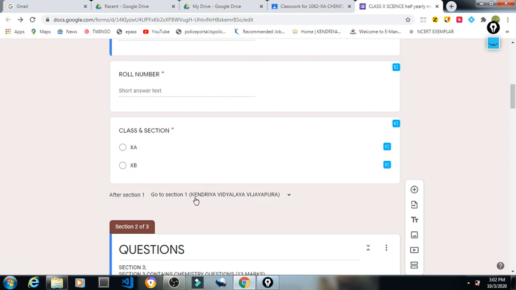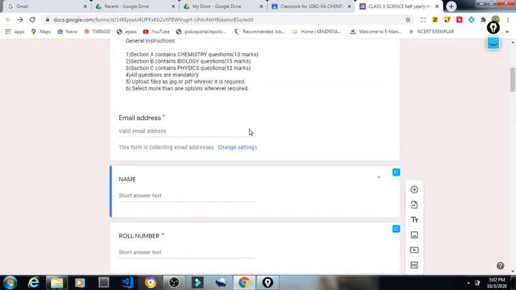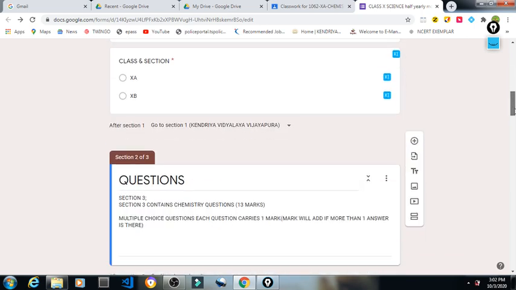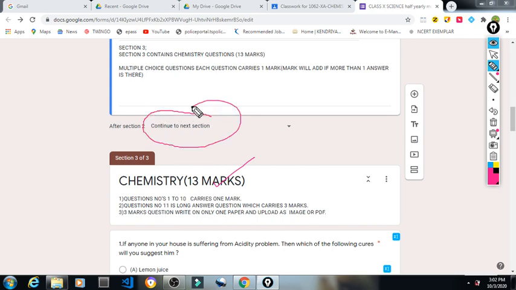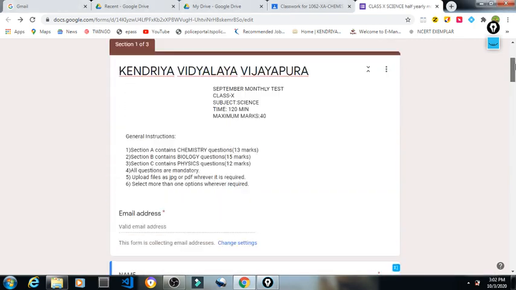So go to section 1. If it is set to go to section 1, that means after this one, when the form's next option comes and students click next, this only will show to them. They cannot go to section 2. So you have to take care of that one, where all the sections, make sure that is always continue to next section. After section 2, continue to next section means they can come to the third section. By mistake, if we have selected continue to section 1, it is there automatically, so that will go to there. So whenever you are editing the previous ones, you have to take care of this section 1.